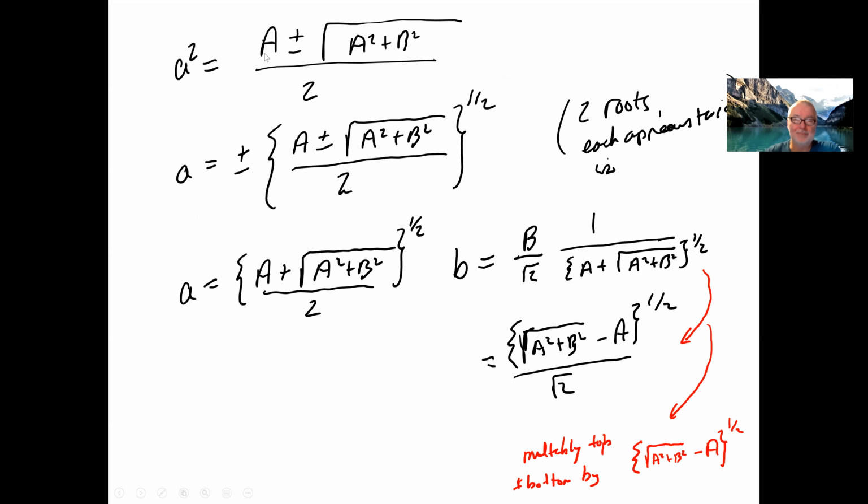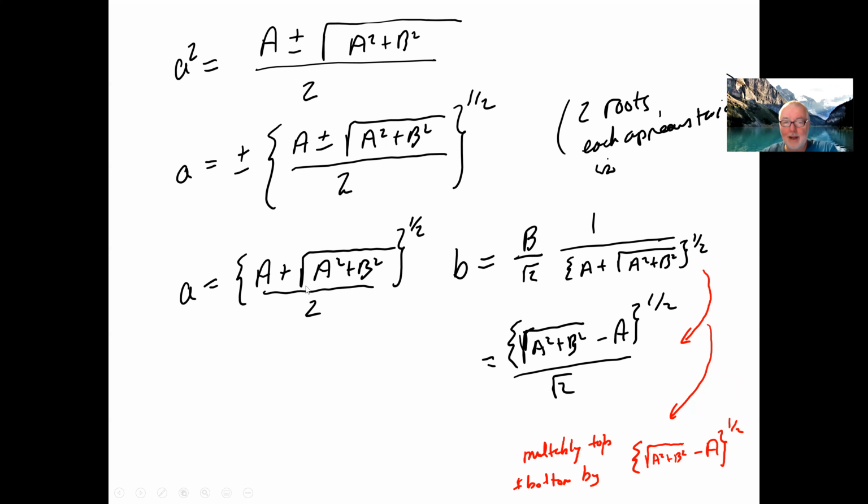And so what I have then, now I talked about this at length in lecture, but what I have then are seemingly 4 roots. I can take a root that corresponds to the plus and the plus choice here, a root that corresponds to the plus and the minus choice here, a root that corresponds to the minus and plus, and minus and minus. But as I went over, that doesn't give rise to 4 distinct roots, it gives rise to 2 distinct roots. And in fact, I can get those 2 distinct roots by just saying a is equal to